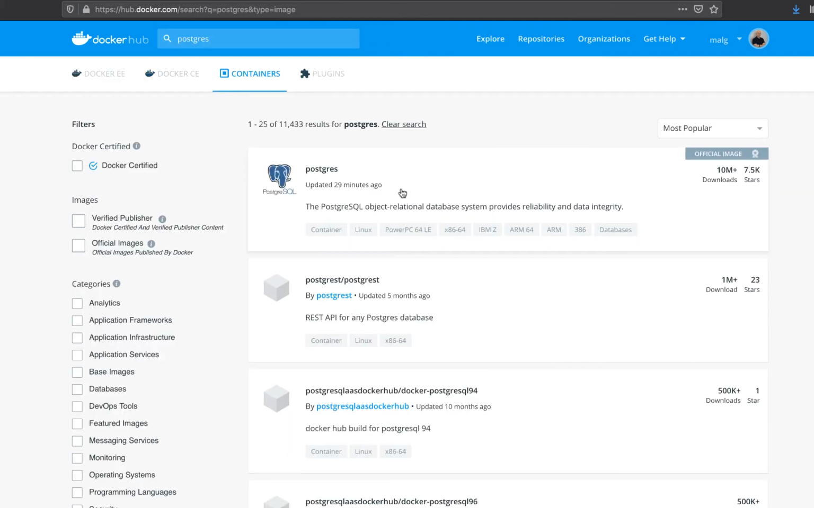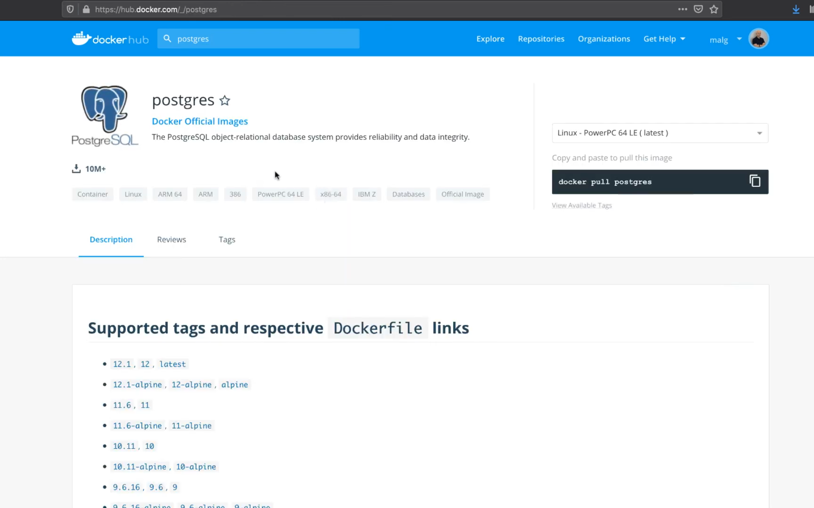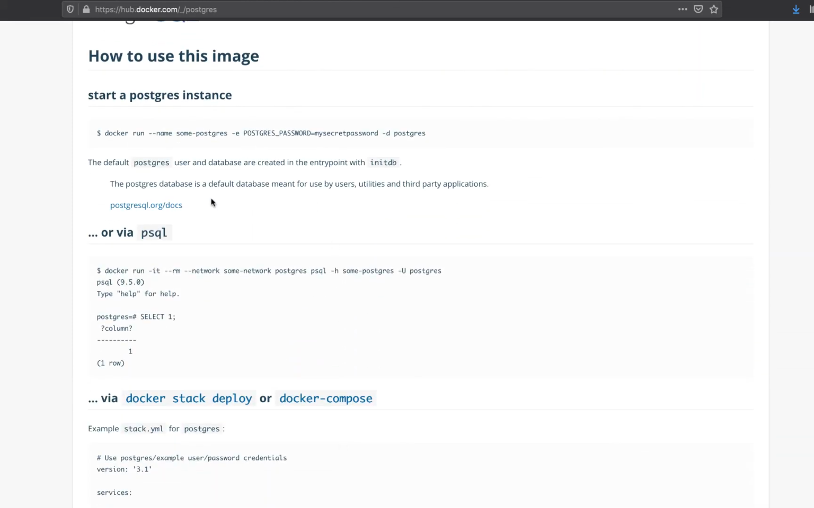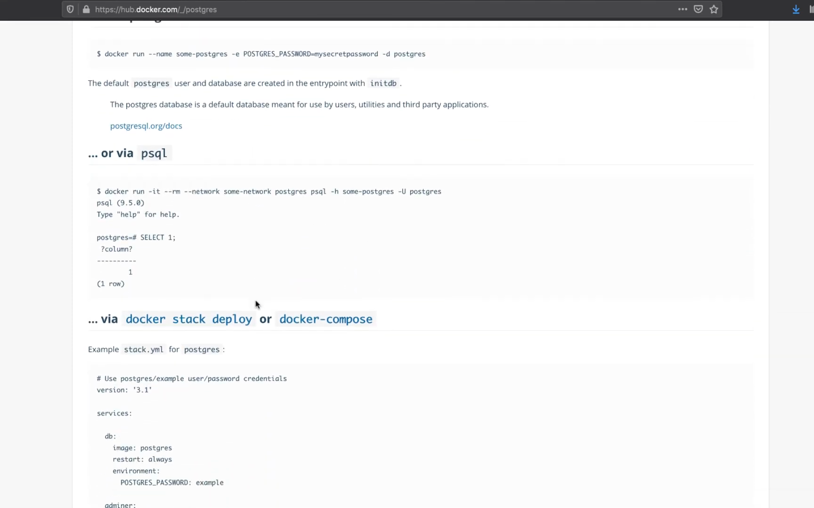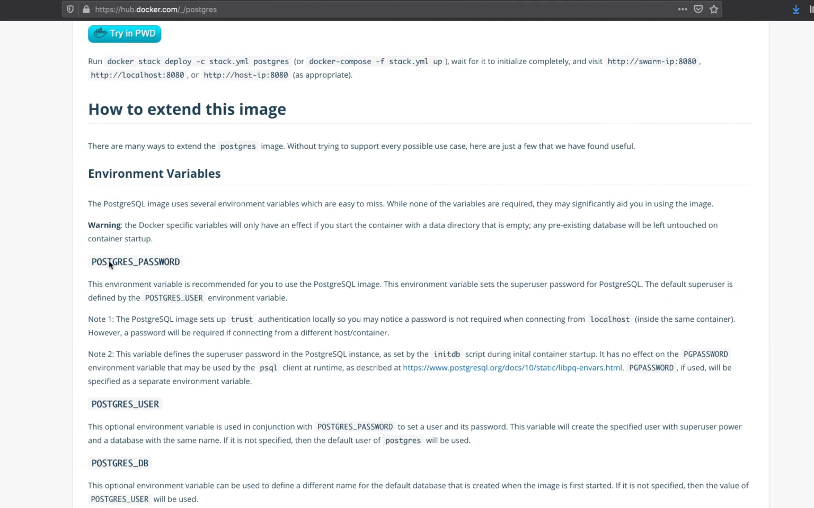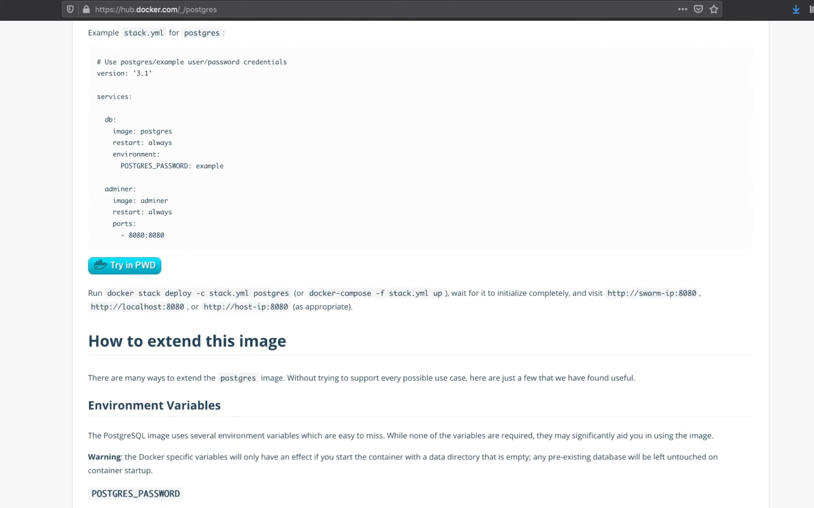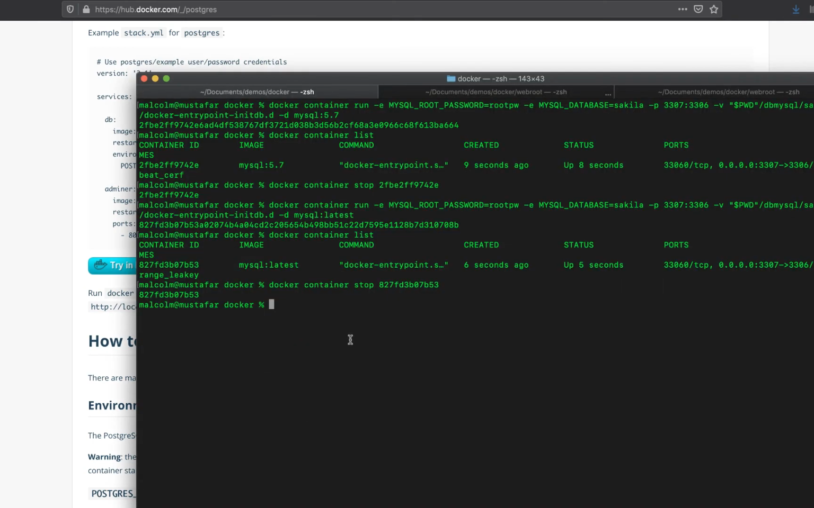Where are we? So we're going to use this official Postgres image. You can go through and look up those same things. This will be different to MySQL: how to start the instance, how to set the password and user and all that sort of stuff. I've already done that. So I'll show you